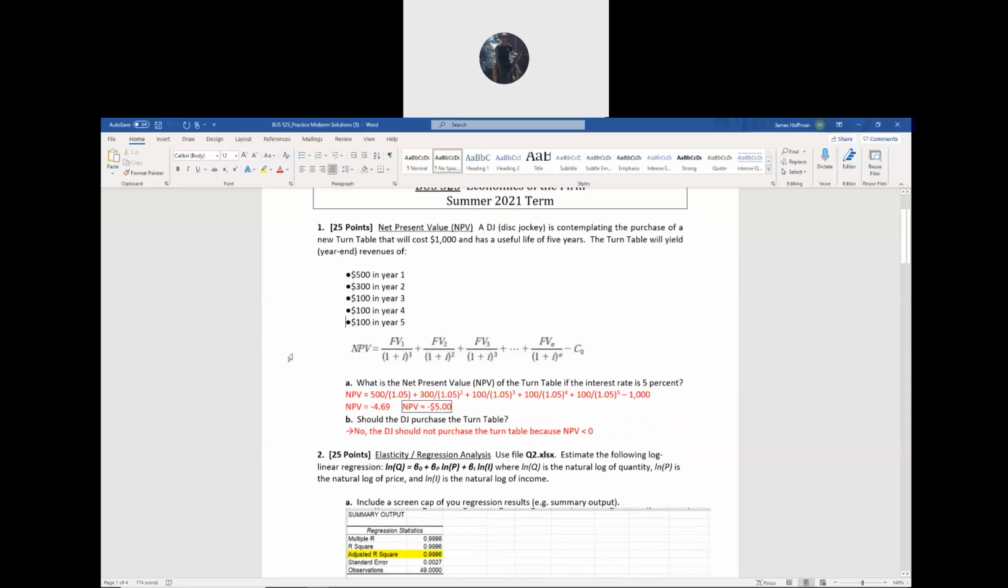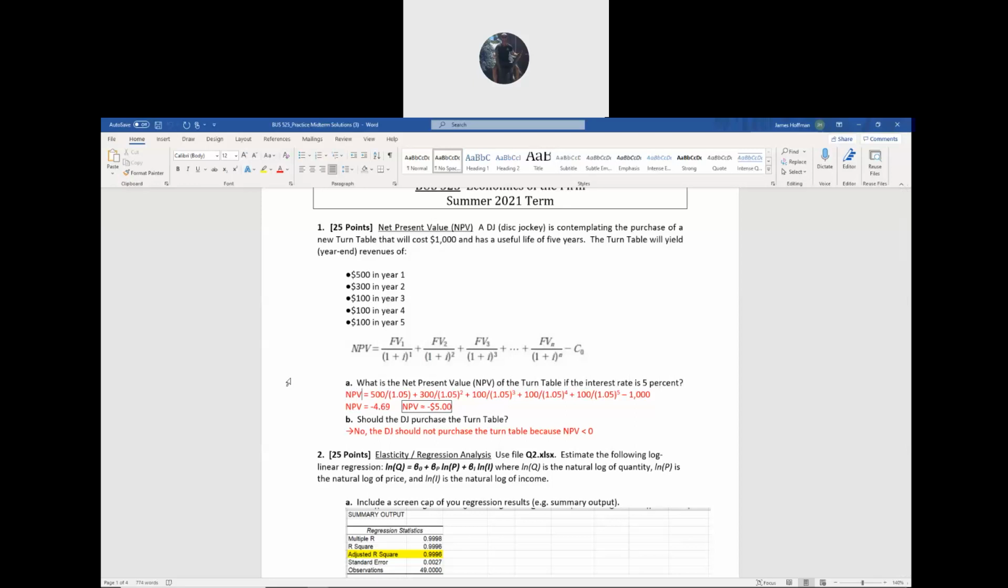So use just the general definition, the general calculation for net present value, which is the discounted future value of all the payments minus the initial investment cost. Part A: what is the net present value of the turntable if the interest rate is 5%? All right, so sum up all the future values, discount them, sum those up, and then subtract the initial investment